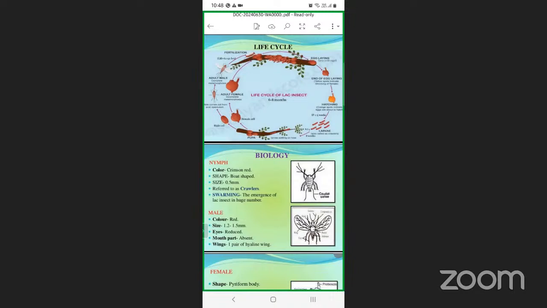So, a minimum of 20 lakh insects are able to produce only 1 kilogram of lac. And this lac is used in making shoes, polishes,